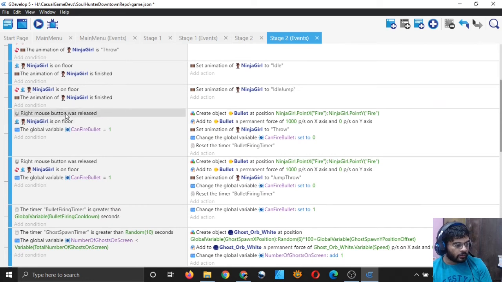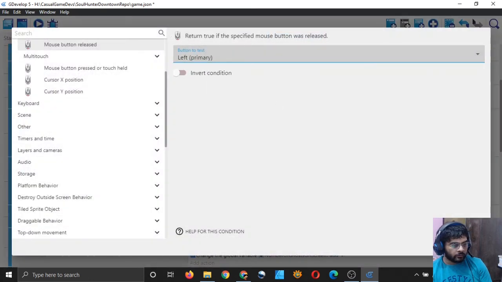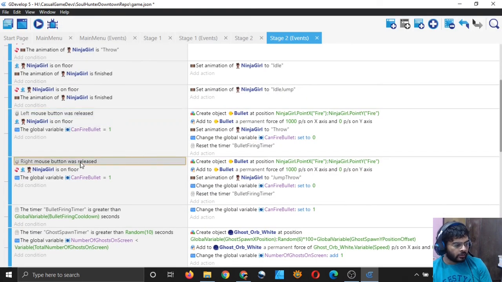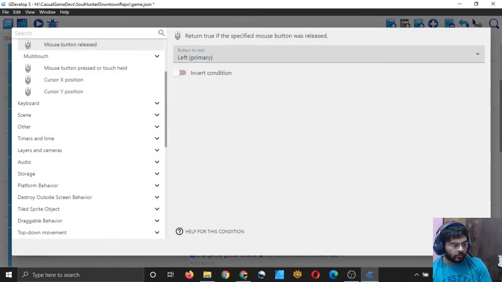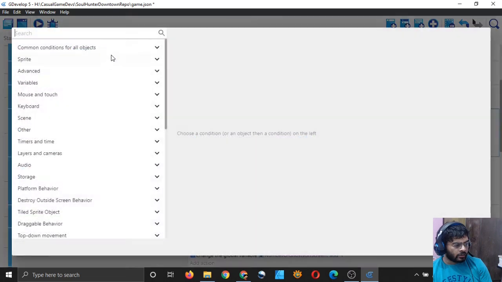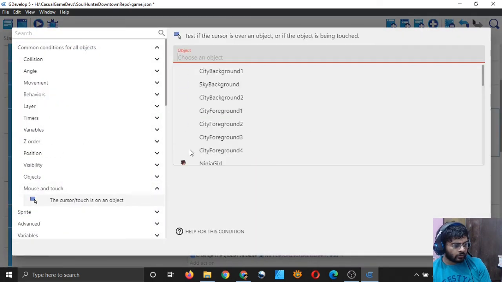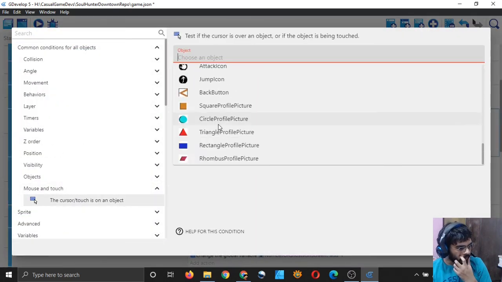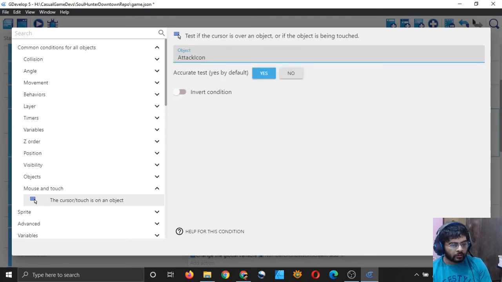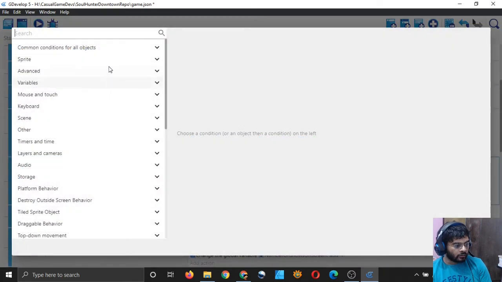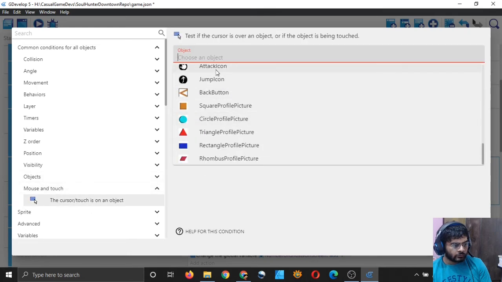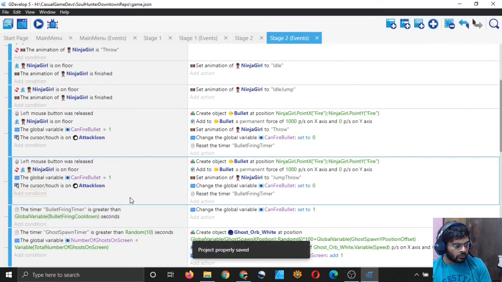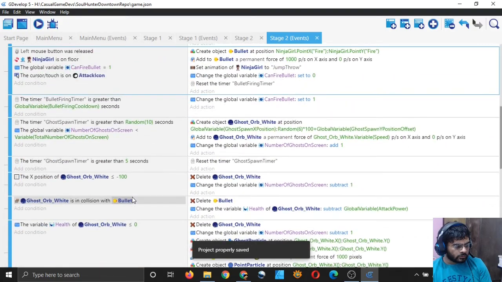And here instead of right mouse button you choose the left mouse button, and here also instead of right mouse button just choose the left mouse button, and the mouse or touch should be on top of the attacking icon, right? Attack icon. Here also attack icon. So that looks good.